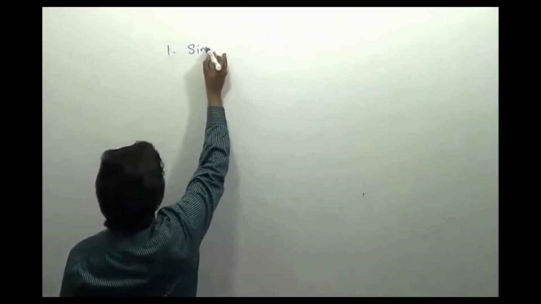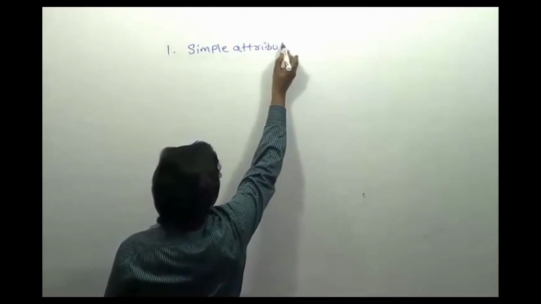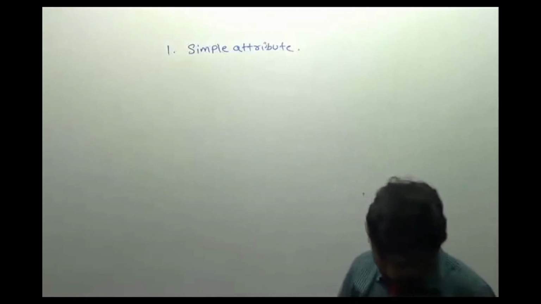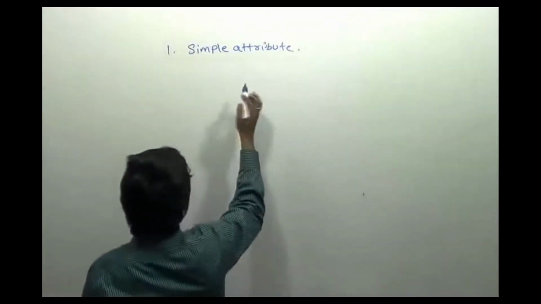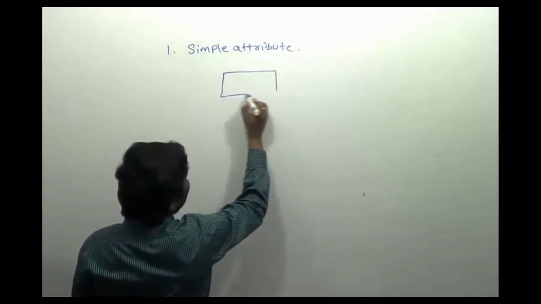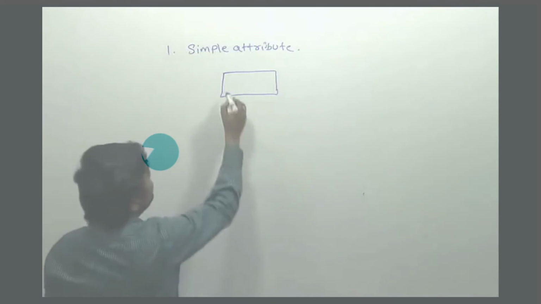First one is the simple attribute. A simple attribute is something like this. I have shown you what an entity is. An entity is a real world object, right? So entity